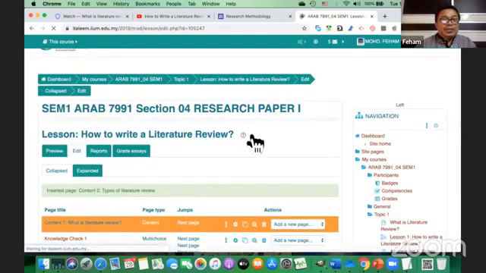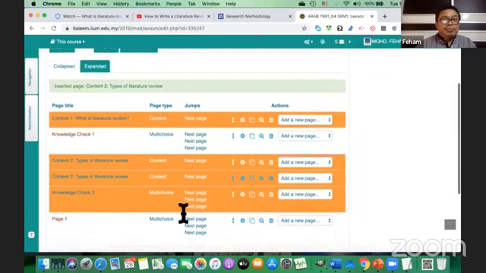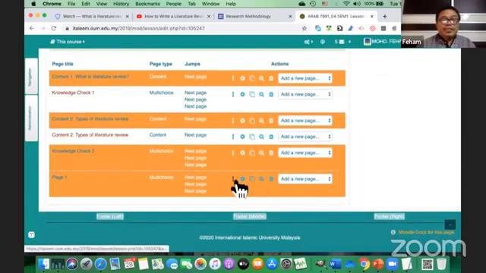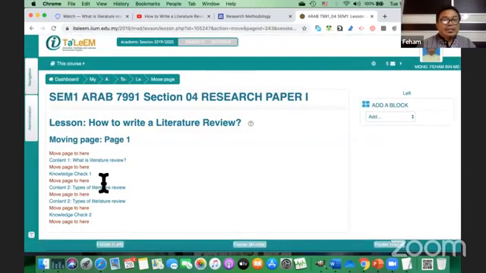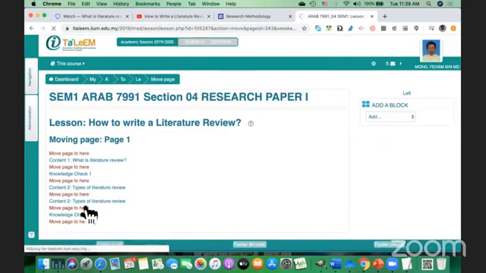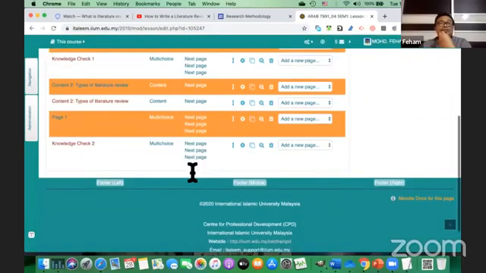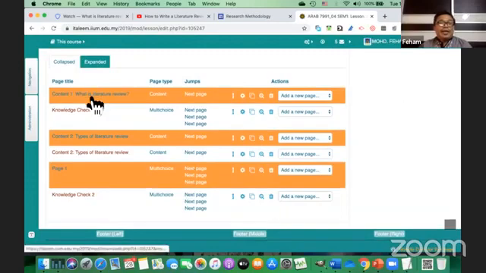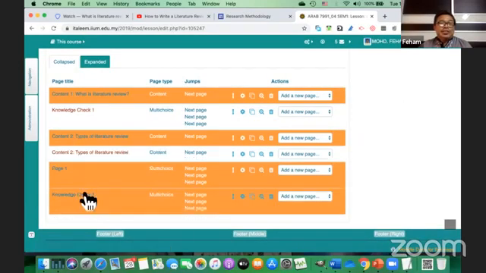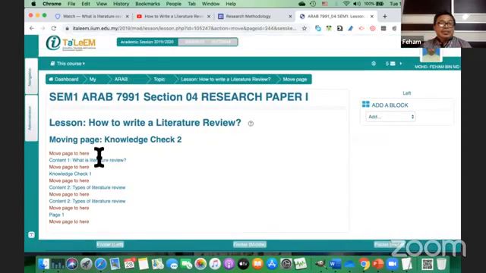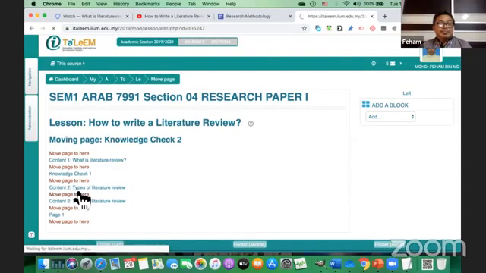So I just copy content 2 and then put it inside, move further. Okay, so we have content 1, knowledge check 1, content 2, and knowledge check 2 should be right after content 2.